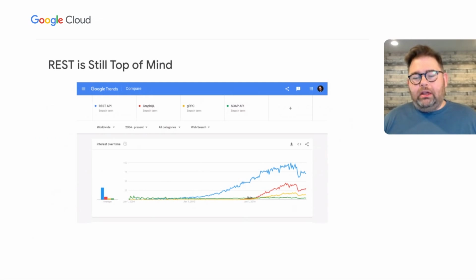I guess the first thing I wanted to get out of the way is that, sometimes in technology, we can overemphasize how new technologies and exciting ideas are dominant in the conversation. And so I just want to be clear, and I think both Greg and I share that, REST is still the king of APIs. If you look at this graph, which is from Google Trends, it clearly shows that REST is still the king of APIs and still dominates interest. And so while we're here to talk to you about GraphQL and some other API styles, it's important that we realize that REST still has a very important and very prominent position in building and designing APIs for the future.